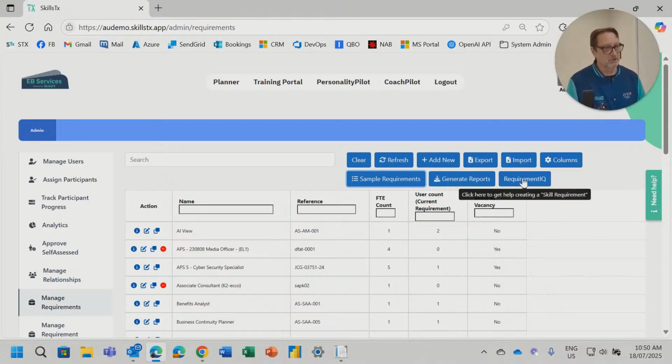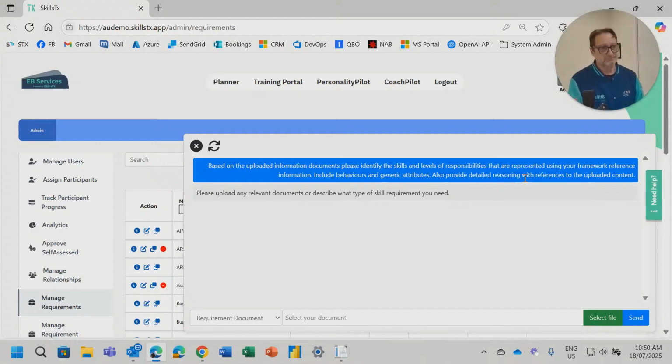But we've also now got an advisor. So I've loaded in an AI agent here. This is RequirementIQ. I can upload a document, so I can take maybe an old position description, or even a new one for that matter, but doesn't have SFIA codes in it. Just load it in and it will